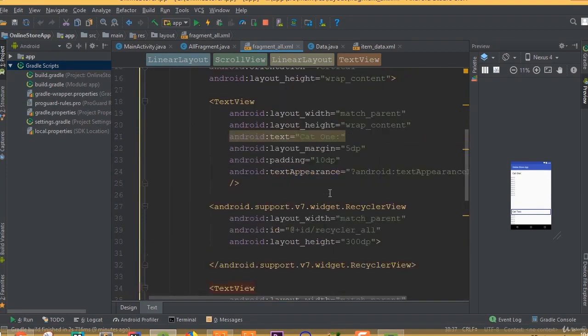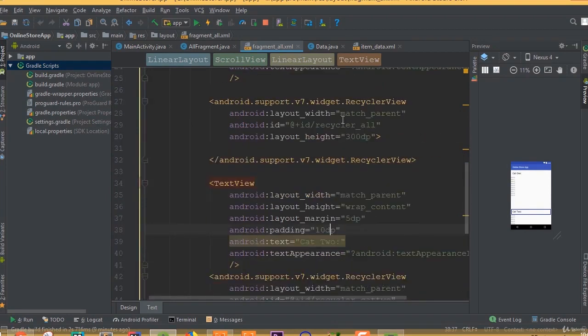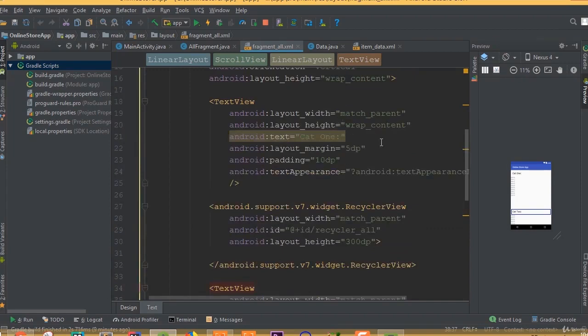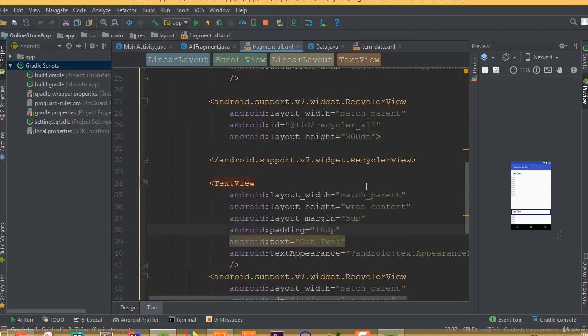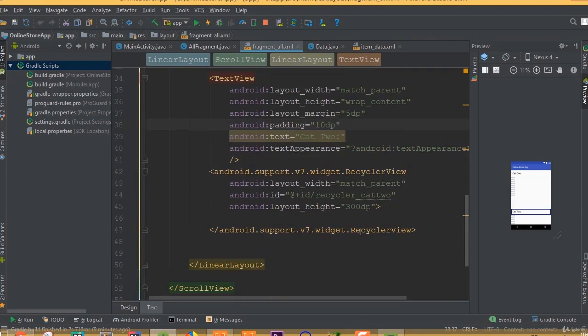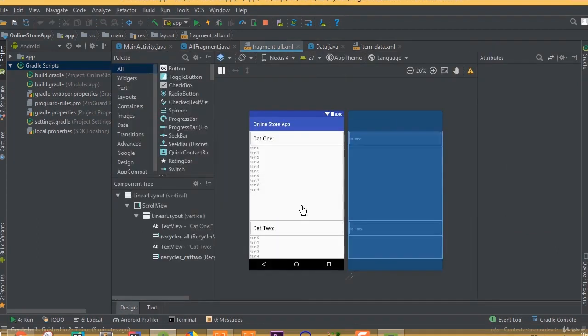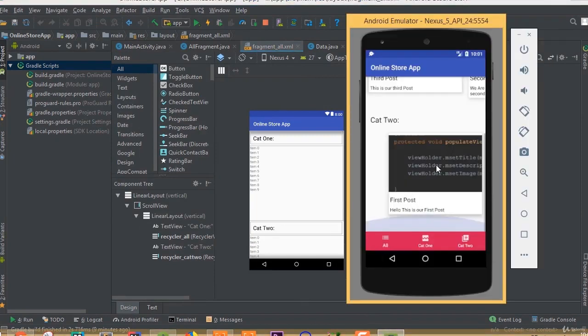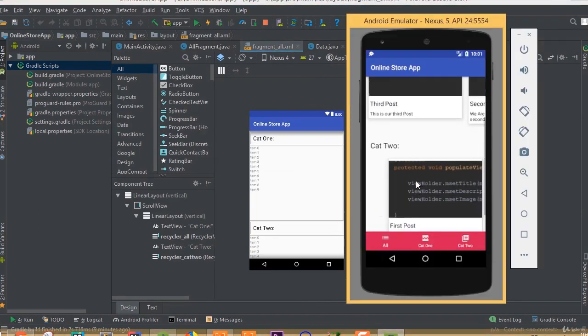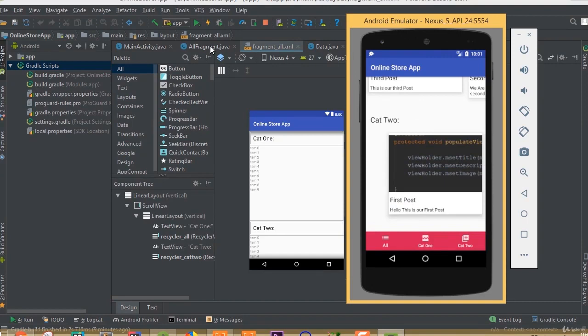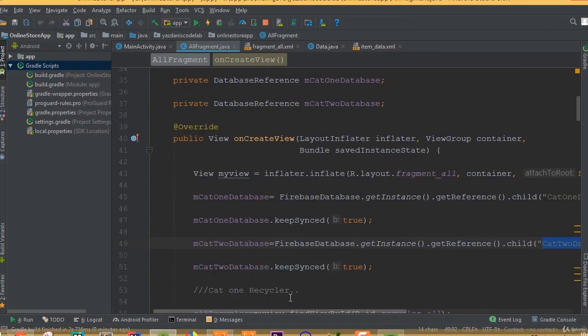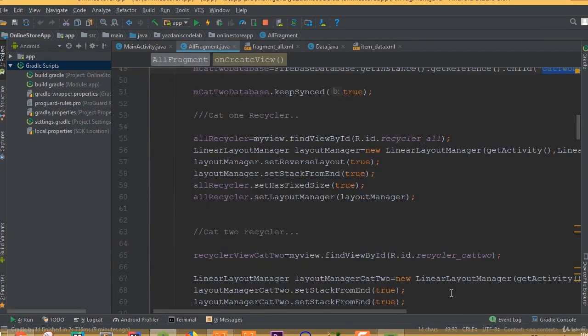We need to solve this design issue. Okay, so we have problem for our height and we have problem for our